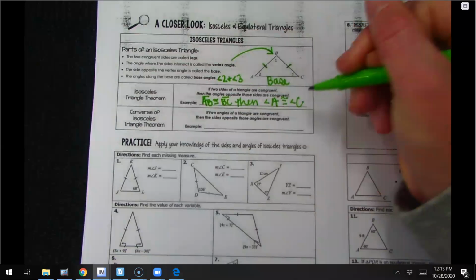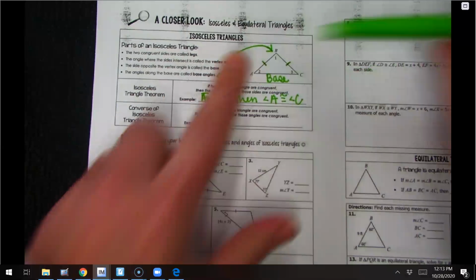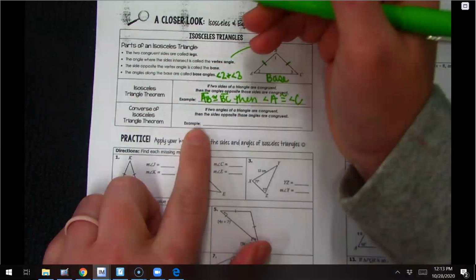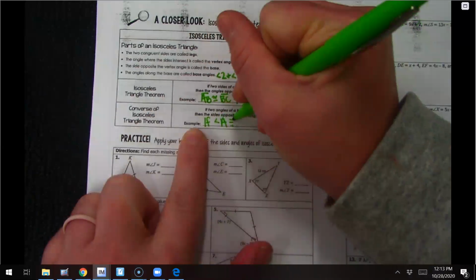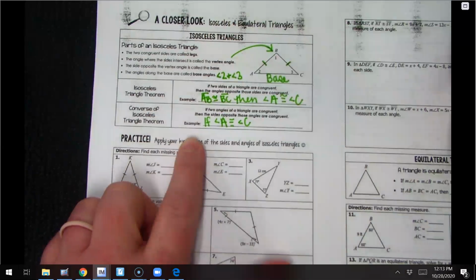So they may not come out and say that those angles are congruent, but you know they are because you know the sides are congruent. So those sides are congruent, their base angles are congruent. Vice versa, it says if angle A is congruent to angle C, if you know that the angles are congruent,